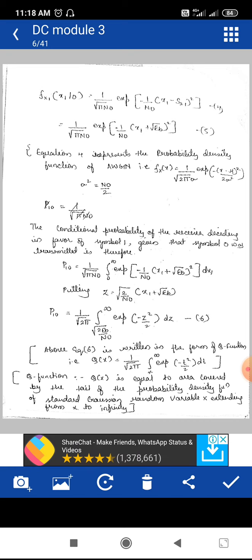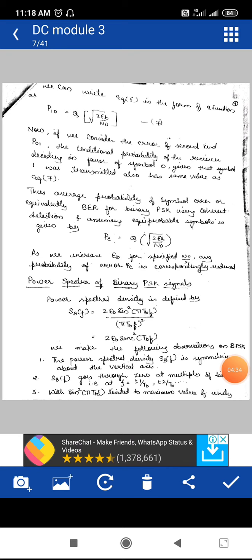What is Q of x? It is 1 by root of 2 pi, integration from x to infinity of exponential of minus t square by 2, dt. When you compare this Q of x with equation number 6, you can write equation number 6 in the form of the Q function as Q of root of 2 EB by N0. This is equation number 7,